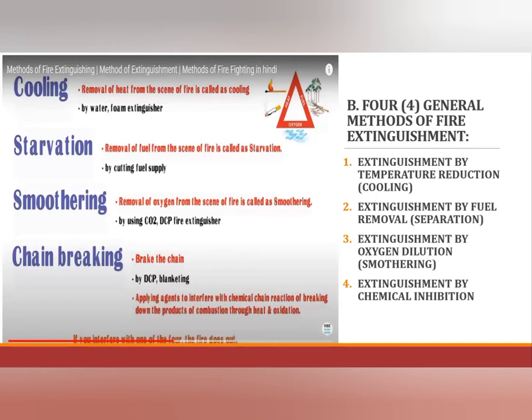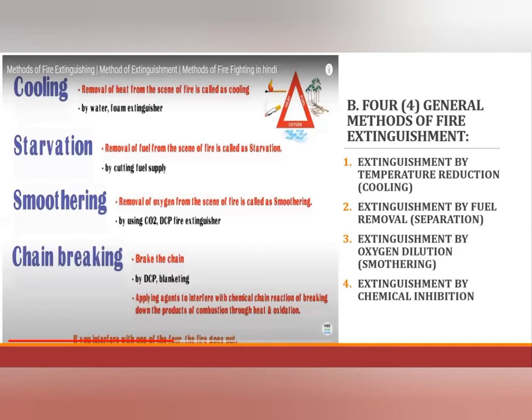And you can also reduce oxygen by separating oxygen from the fuel. Again, as mentioned on the fire extinguishment theory, you can remove at least any of the elements to extinguish the fire. And then the fourth one